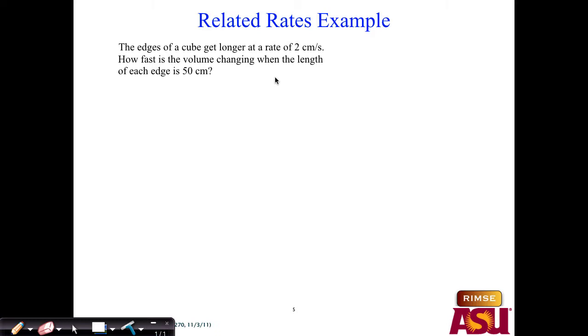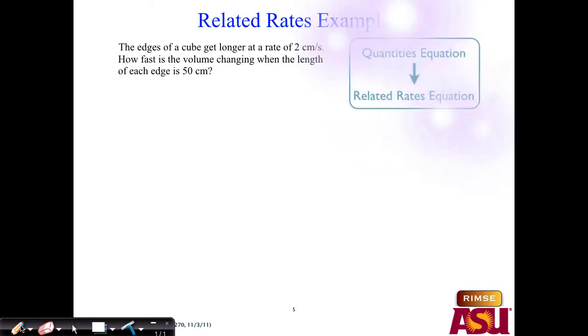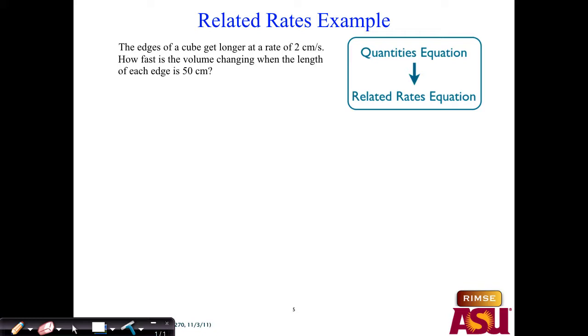Now, all those numbers at the end, that's not really going to help us write our equation, but we can tell from this: I want to know how fast one thing's changing based on knowing some other speeds or rates. So there's a whole bunch of rates. They're related somehow, because I know that the edges of a cube getting longer will affect the volume. It'll make the volume get larger. But the edges are getting longer at a certain rate with respect to time, 2 centimeters per second. So the volume's also getting larger at a certain rate, maybe not a constant rate all the time, and we'll figure that out. But again, the idea here is if I can relate the underlying quantities here, the edge lengths of a cube and the volume,